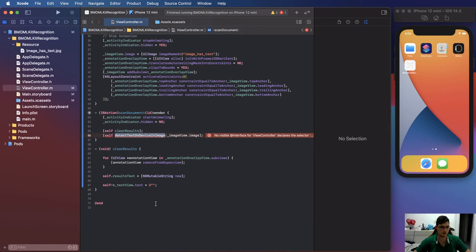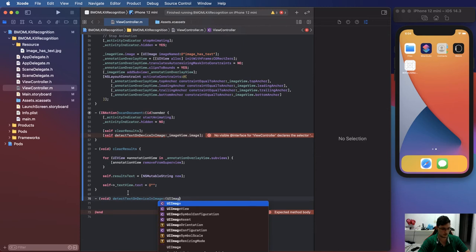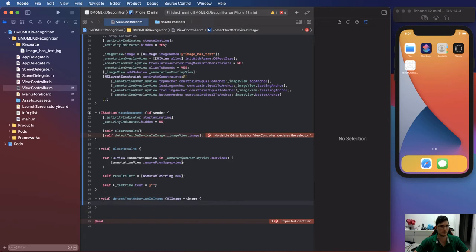And now let's create this method. It will return void, with the name detectTextOnDeviceInImage, and we will receive the UIImage named locally image. Now the error is gone,